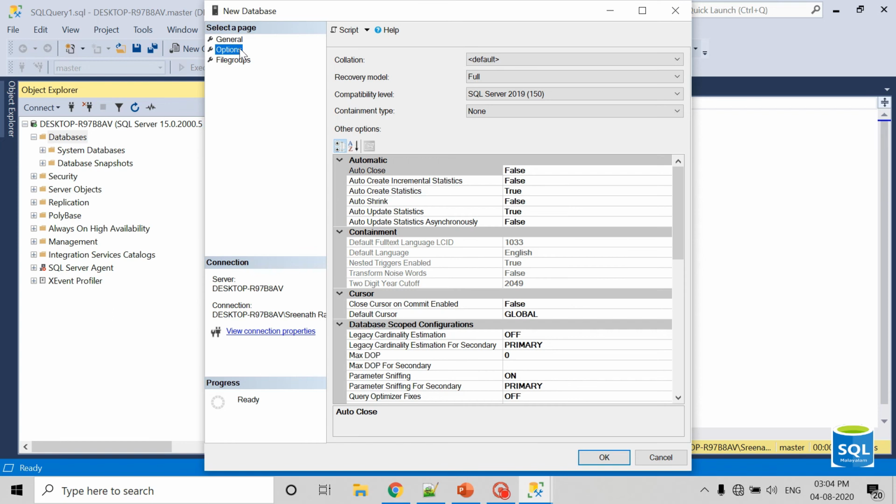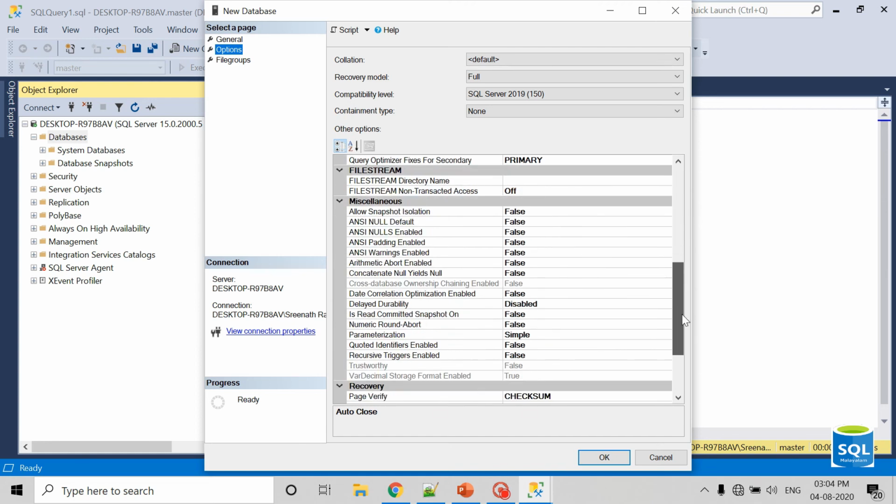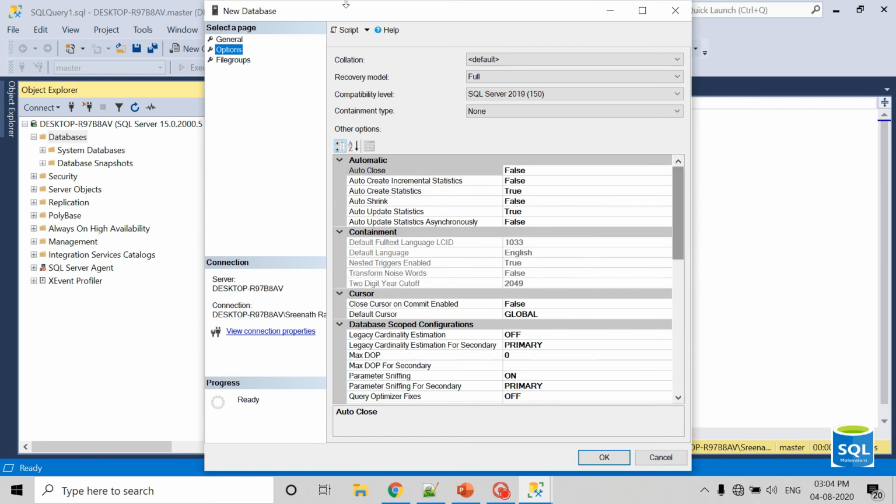Okay, let's move on to the options tab. So in options tab, we have different options like collation, recovery model, compatibility level, and containment type, and other config features. So all these are set by the database administrator or database architect, who will decide what are the minimal or optimal configurations needed for that project.